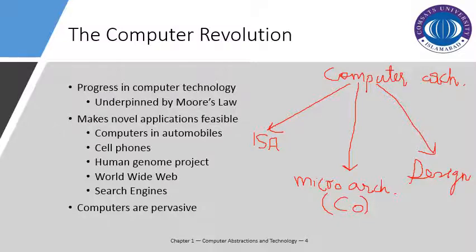So to start with our discussion of the computer revolution, we can say that nowadays technology is reshaping the world at a specific pace, and it is true for computer systems as well. With the passage of time, we are seeing more advancements and developments in the computer system revolution, and the technology is evolving at a certain pace.